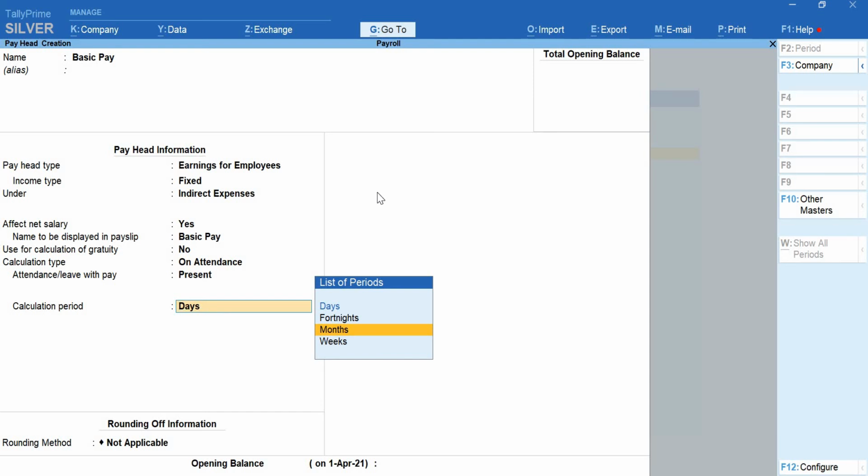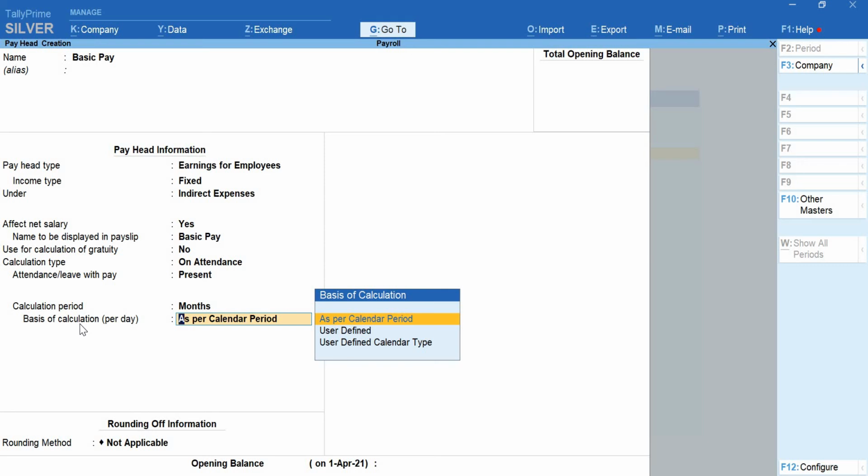No organization will pay you the salary on a daily basis. They'll pay you the salary only once in a month. So the calculation period will be month, as per the calendar period, because a few months will have 28 days, 29 days and 31 days.